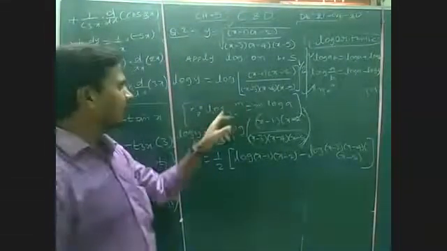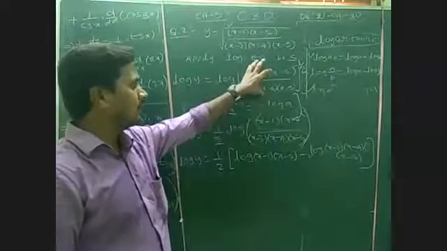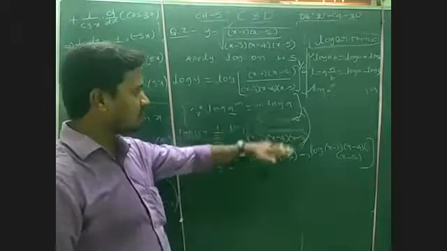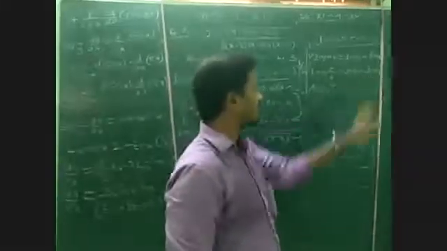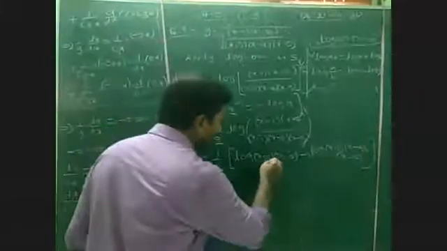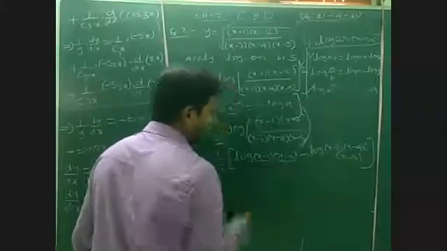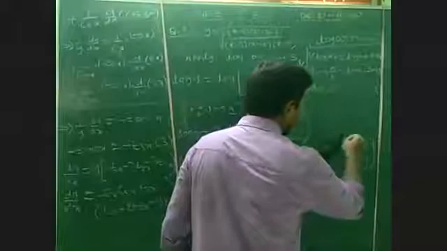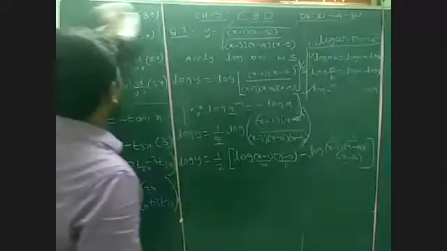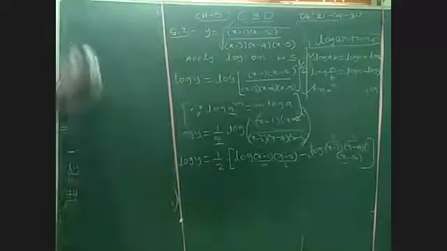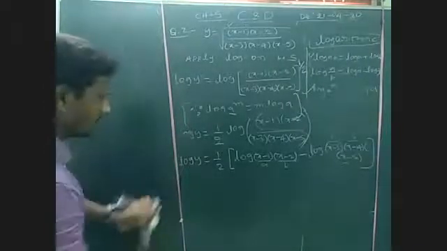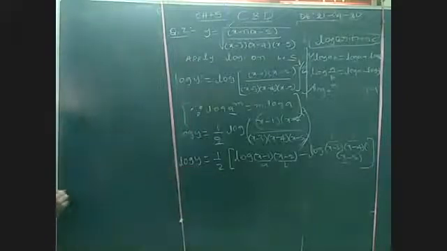I applied log a power m here. Next, I applied the log a by b formula here. Log a by b is log a minus log b. Now observe here, this is again the log a b formula. Again, this is a b c, the log a b c formula. So clearly here, which implies the next step is